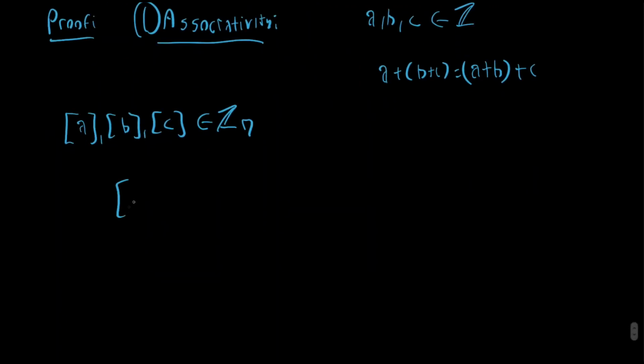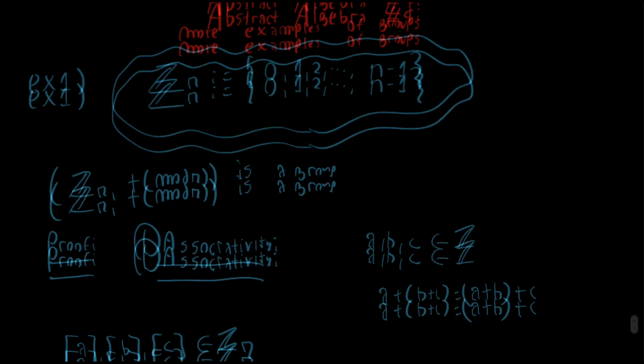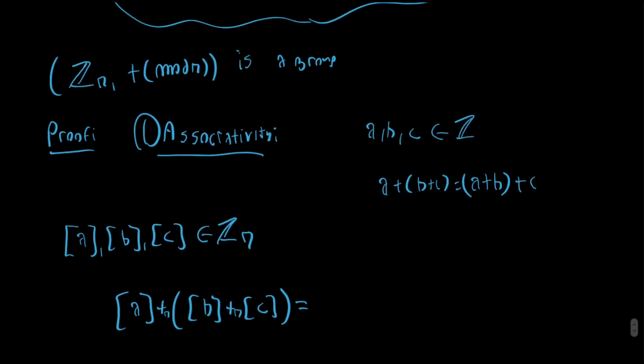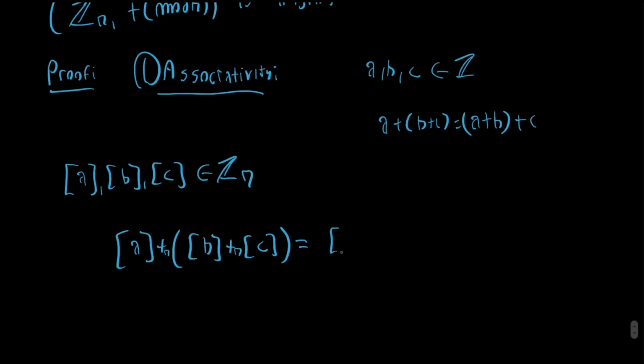So let's consider (a + b) + c, where here the plus, let's put a subscript n to indicate that it is addition modulo n. By the definition of addition modulo n, we saw the property that if a is congruent to c and b is congruent to d, then a plus b is congruent to c plus d. For this reason, we have that the equivalence class of a plus b plus c is equal